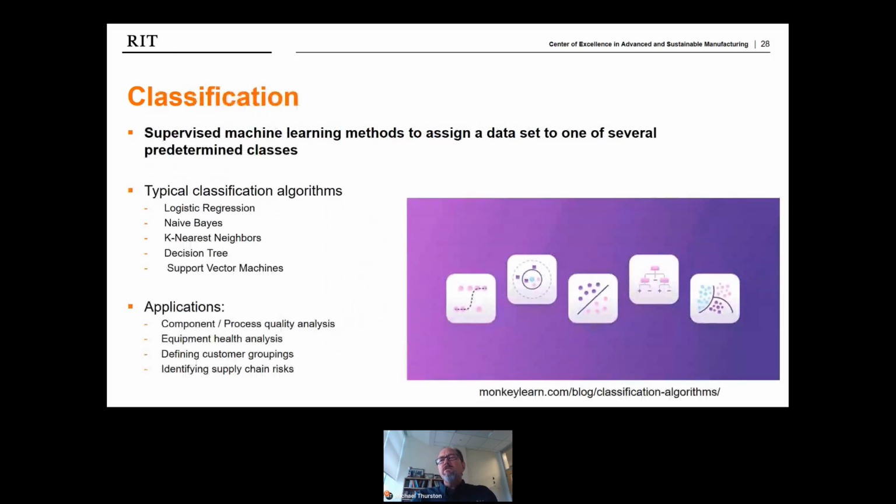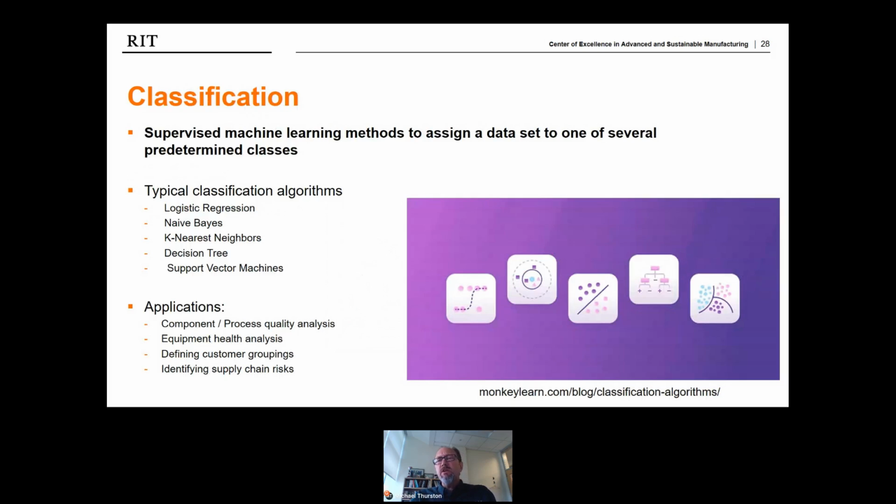Classification is kind of similar to clustering, but it's a supervised method, again, where we have to put our data into the classes we define ahead of time, and then we train the model to accurately predict this classification based on other data parameters. So again, you have a set of input data and you're trying to predict some output with the classification model.